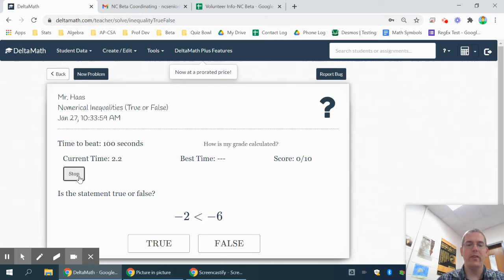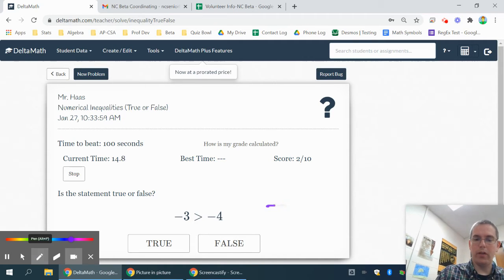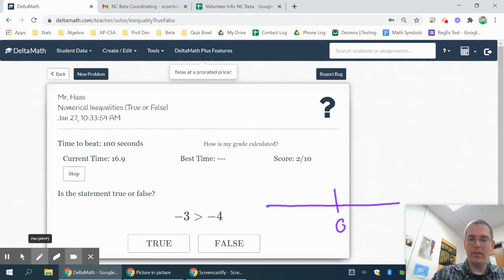On this one, it says -2 is less than -6. That is a false statement. So we get that right. A negative is greater than a positive. That's false. If you have two negatives, remember if you were looking at a number line,